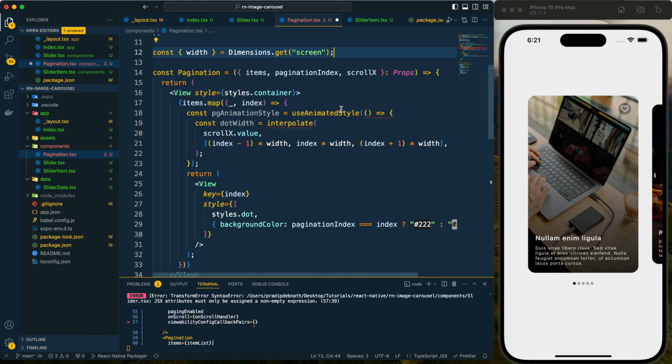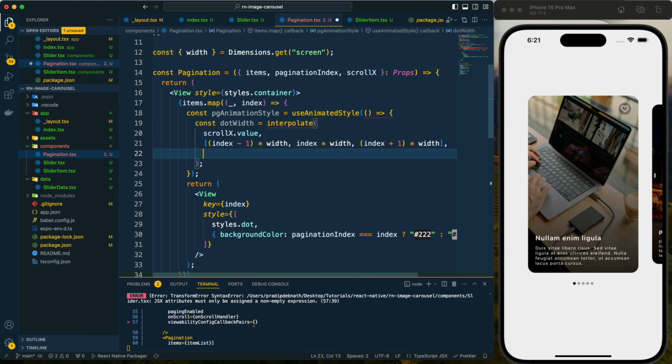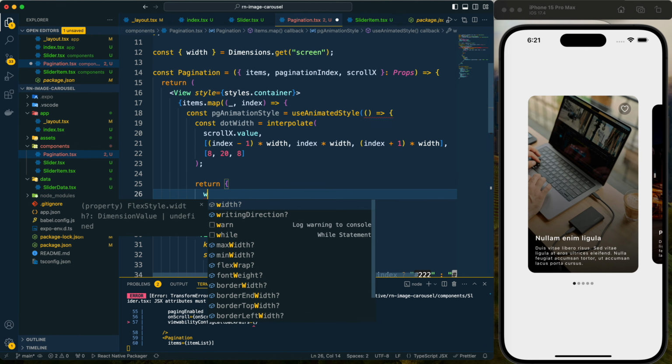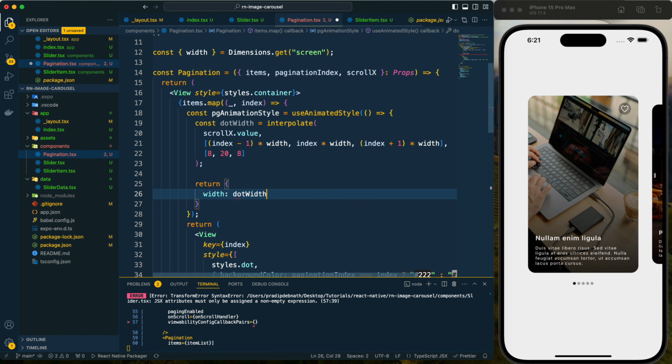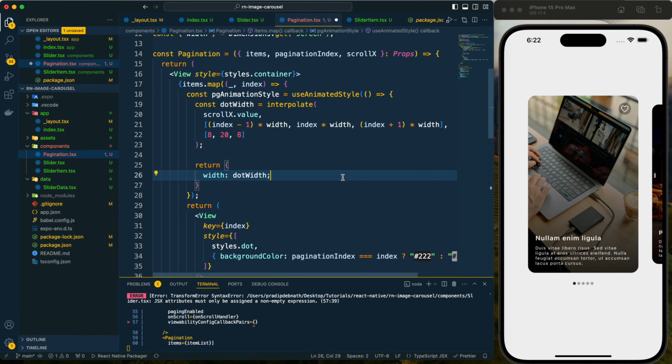And we need to update the import for the dimension. Now for the output range we need to provide the same width, which is 8 for the previous and the next item, but for the active item I will provide 20. Now let's return the width, and the new width would be this dot width.